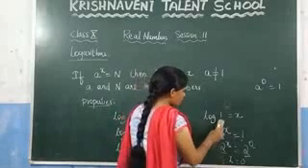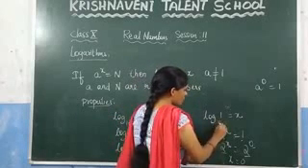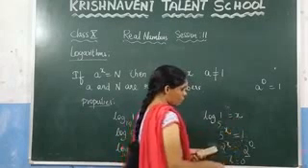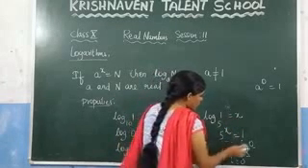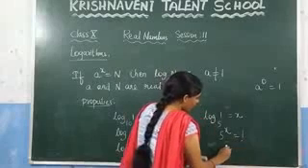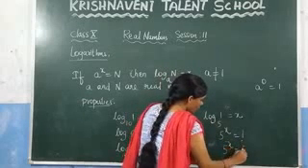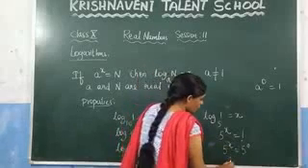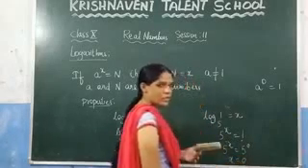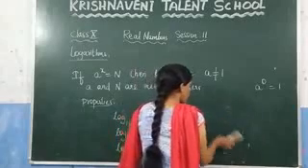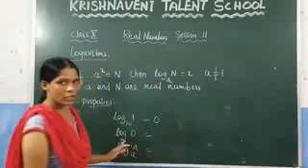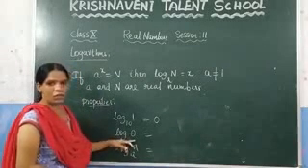That means if you consider any base, let us consider the base as 5, you get 5 power x is equal to 1. Now you can express this as 5 power x is equal to 5 power 0. Anything to the power of 0 is always 1, so you get the result as 0. That means the value of log 1 is always equal to 0. This is very important. Now, what is the value of log 0?